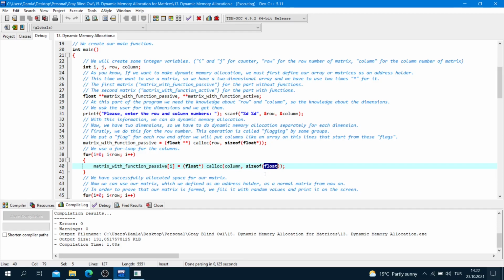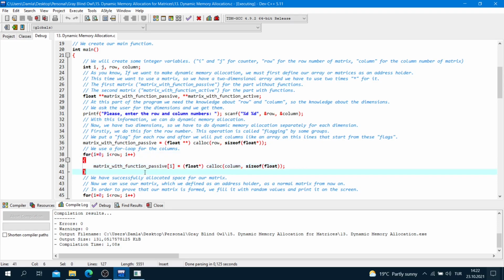So our element type is float, so we put float type here, and we put these float elements into our flags for each row.